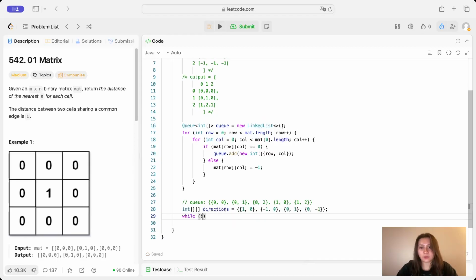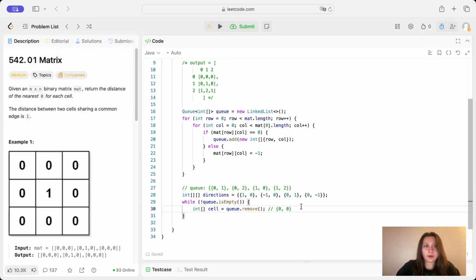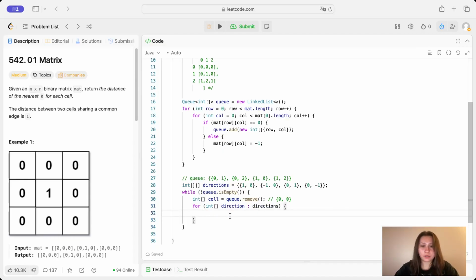So while our queue is not empty, then we still have more BFS to do. So we're going to assign the current cell to the top node on the queue, and we're going to remove that node. So first, initially that's going to be coordinates 0, 0, so this will get taken off. Then we will loop through each direction to visit all of the neighbors of this cell. So for each direction in directions,